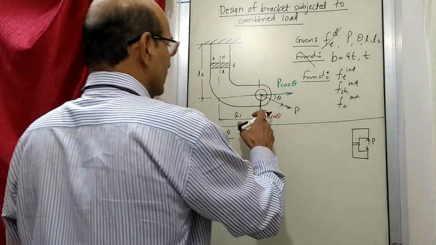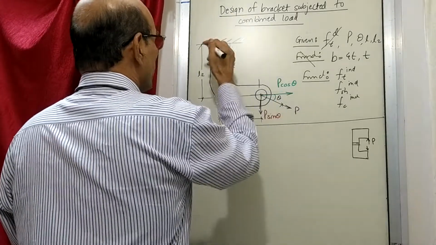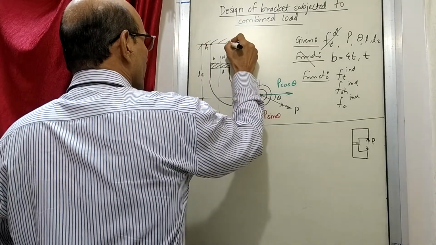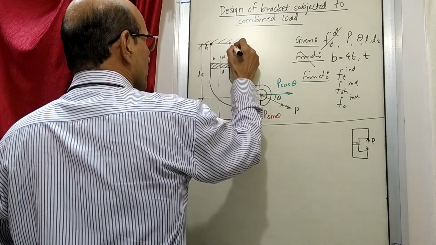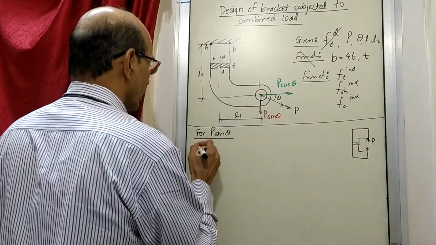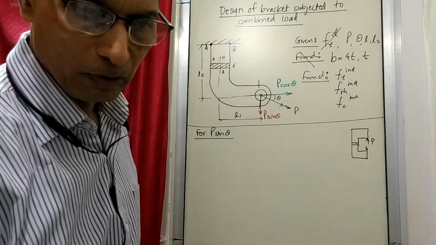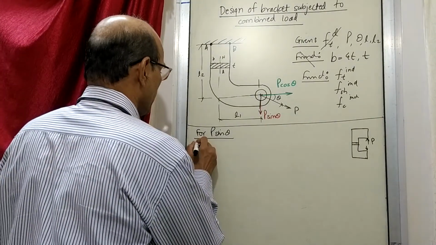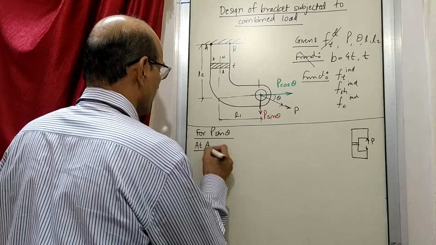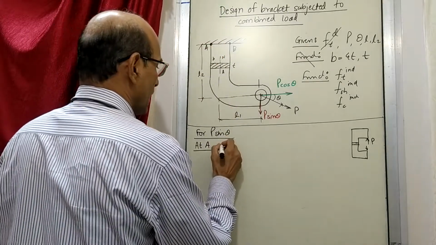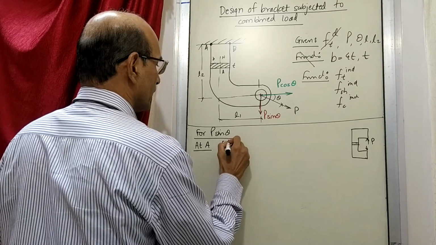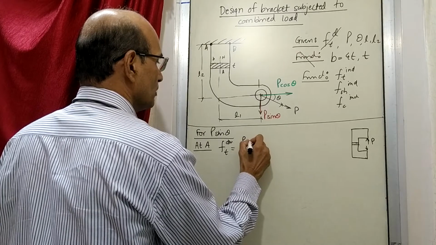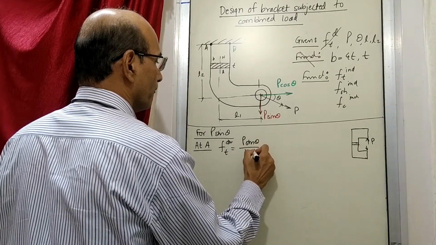So for this P sine theta, what will happen is something similar. So let me call these 2 points as per whatever is shown there. So this point is A and this point is B. So we'll write now first, maybe effect of direct we'll write. So I'll write here at A. So at A what will happen? Direct stress will be force upon area. So P sine theta upon area.